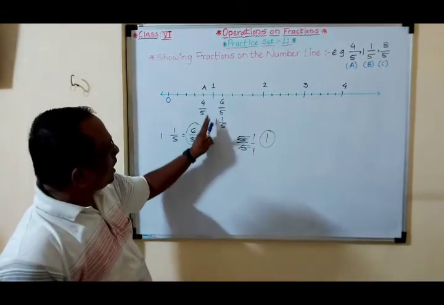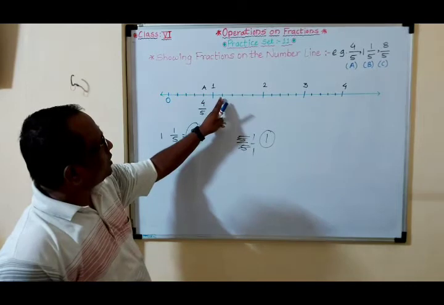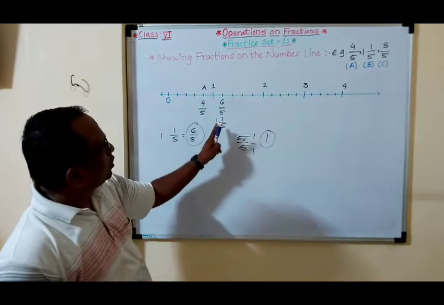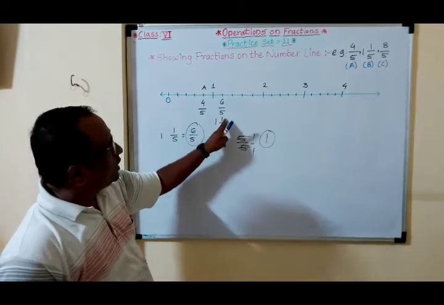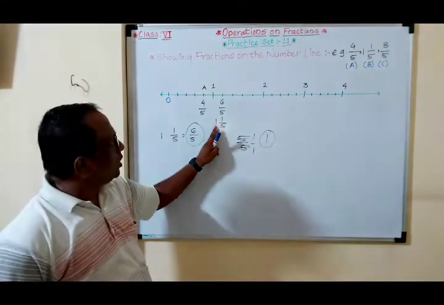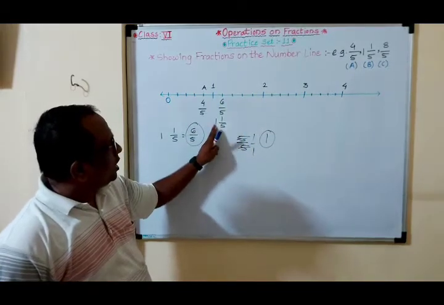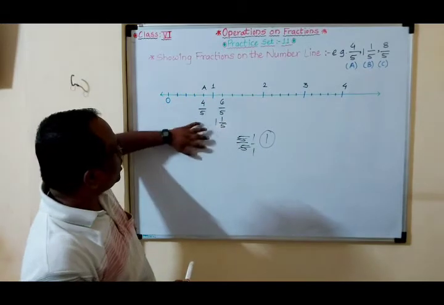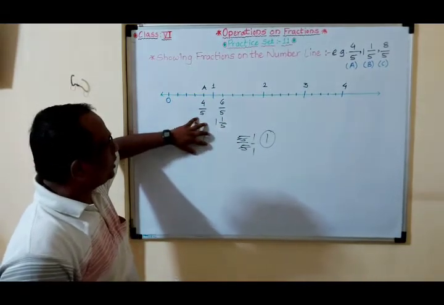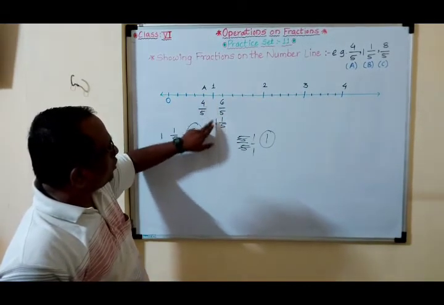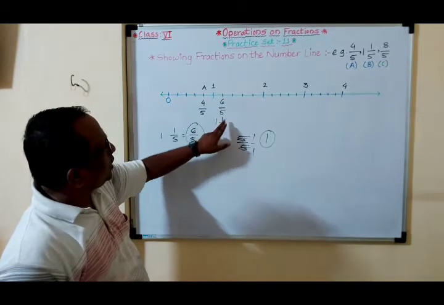Here 1 is a whole number. After that, next is 6. So here 5 and this 6. So 1 whole and 1 is here. This is a whole number. So 1 here, and if I do not convert this into an improper fraction, then directly you can write 1 whole and after that numerator 1.